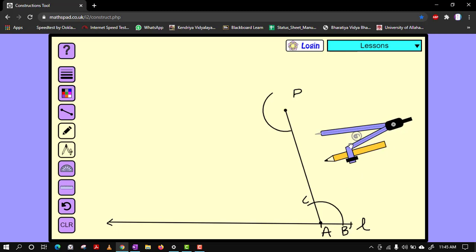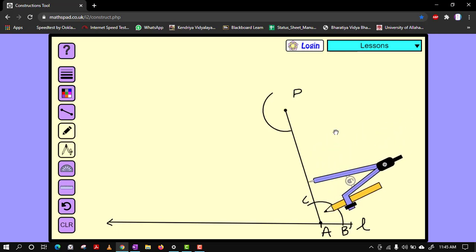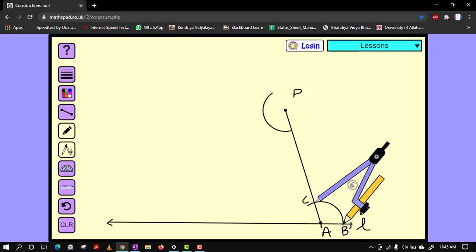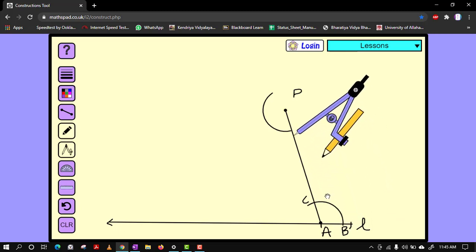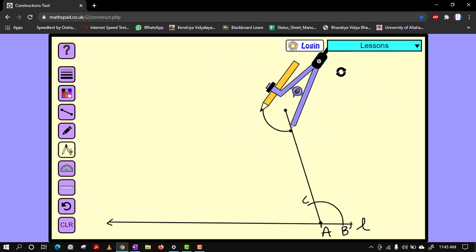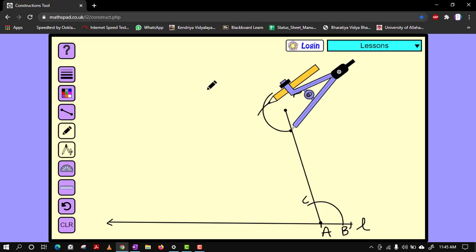For that, let us keep the needle on any one of the points. Suppose I keep it on C, and let me keep this at B and lock the compass, and the same angle we will draw on this side to obtain the equal alternate interior angle. So this is the thing. So we have obtained the point. Now just join it